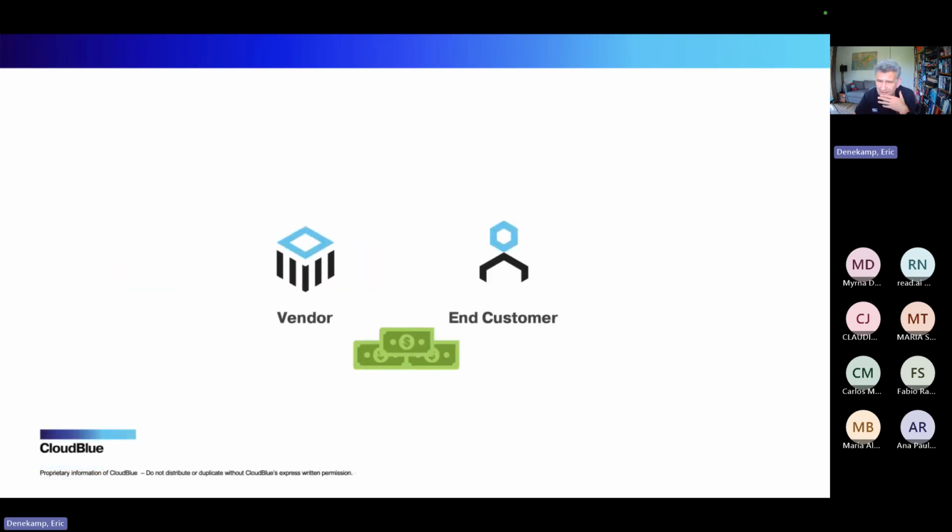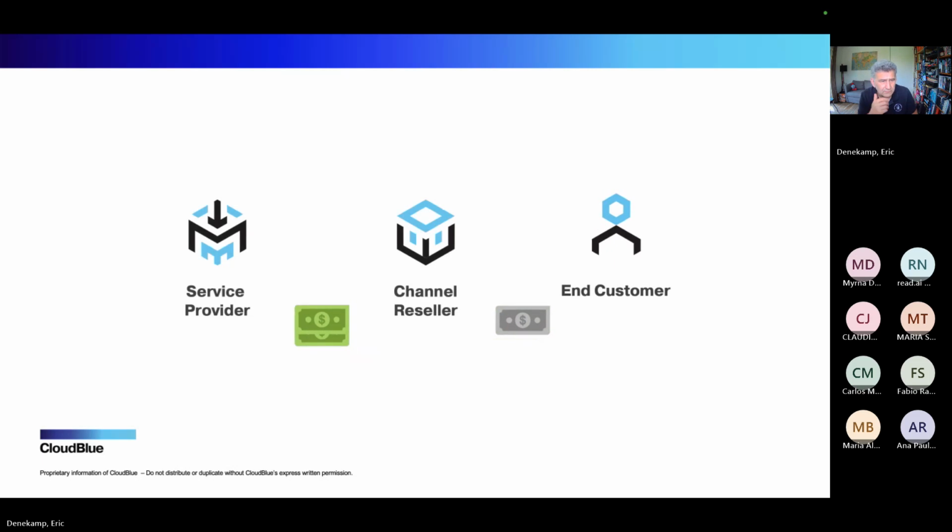So CB SaaS is taking the complexity out of the as-a-service world. For example, for pay-as-you-go services, CloudBlue receives from the vendor a charge based on how much the end customer will pay or how much the costs are for that distributor or provider, and then adds a margin on top of that, etc. So it will look something like this, where, of course, the channel reseller,